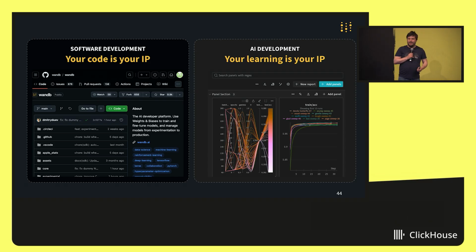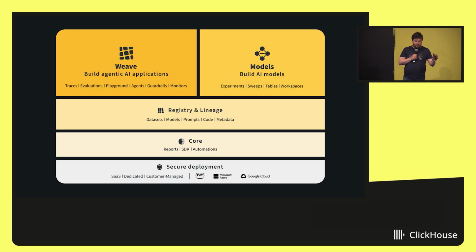I would almost describe what Weights and Biases is as real-time analytics and observability for AI. So it's no surprise that we like the ClickHouse product. I don't even know what category you'd ideally put us in. We have two products, Weave and Models. Models is for people building new AI models, like an OpenAI or an Anthropic or a Meta, or anyone who wants to fine-tune or do reinforcement learning to modify the actual models themselves.